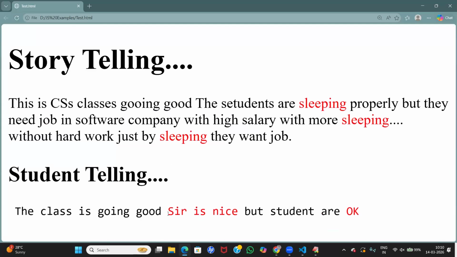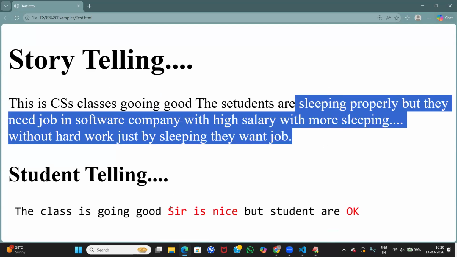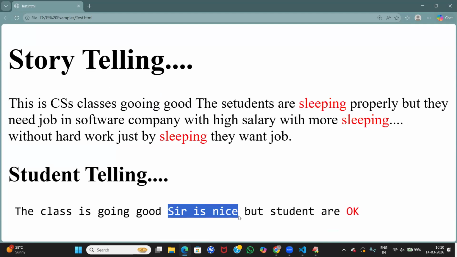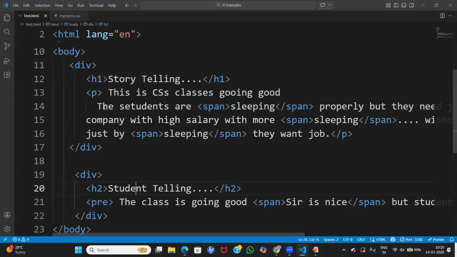Now we see that span here, only red is coming up, in all places red is coming up. But here I want only red. The storytelling span is there, right? There I want green. Then you can go for the